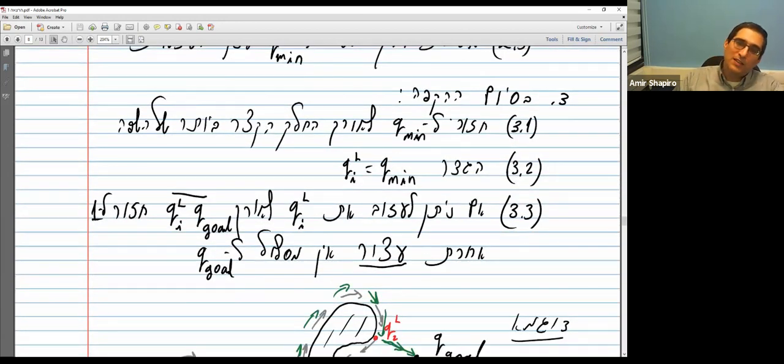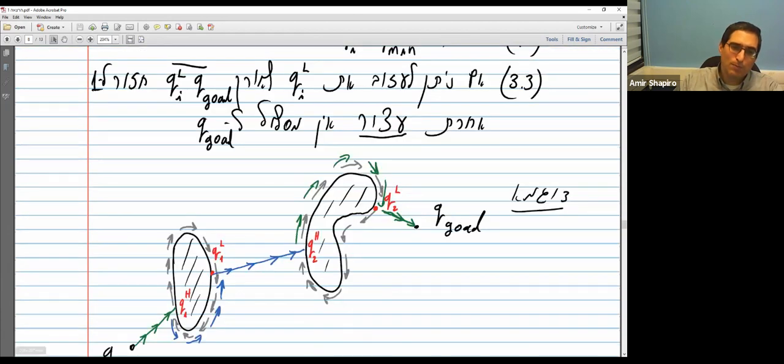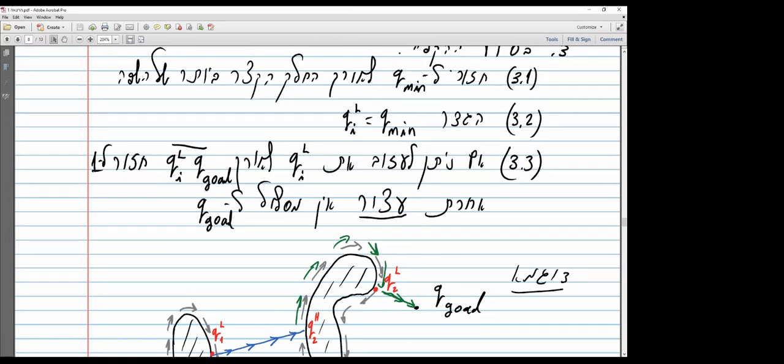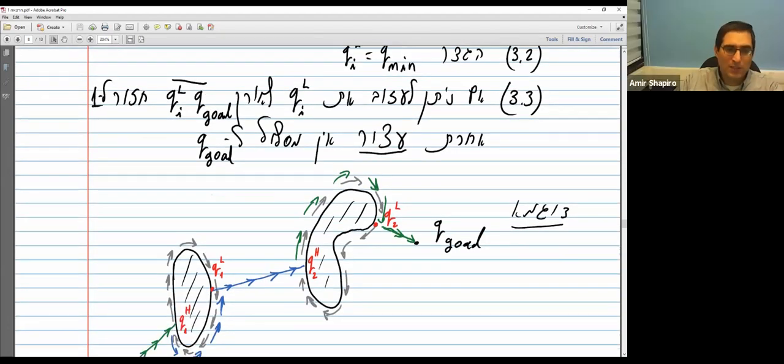And when you end this cycle, you go back to Q min. This is the blue point, the blue path. You go back to Q min along the shortest path along the boundary of the obstacle, and then you set the new leave point at Q min. This will be Q leave 1. You see, there was Q hit 1 and then Q leave 1.